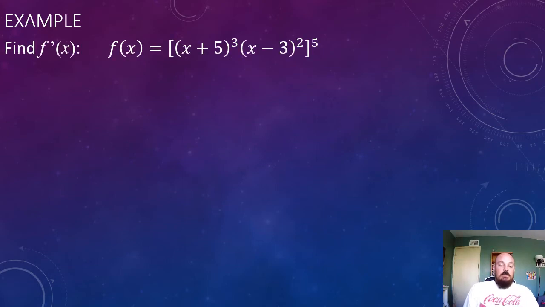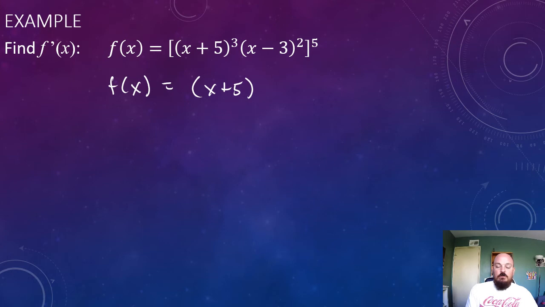Now what I'm going to do here is realize I have a product, the x plus 5 cubed times the x minus 3 squared, and that's being raised to a power. Now as long as it's a product, as long as it's not two things being added or subtracted, I can basically just distribute that exponent. I can say, let's leave it as f of x for now. I'm going to take that x plus 5 to the third power, and I'm going to raise it to the